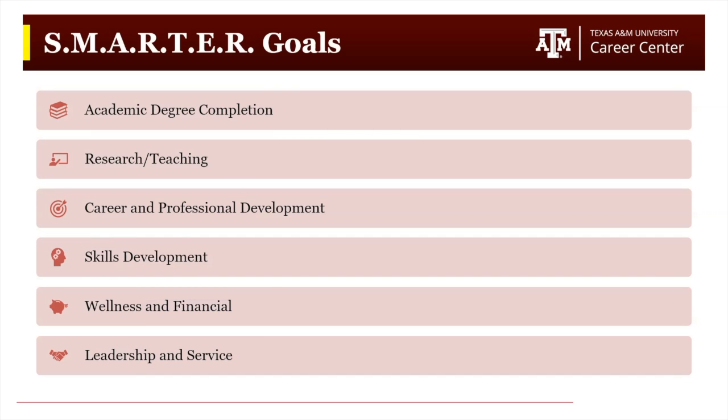When setting your goals, think about several needs such as academic degree completion, research or teaching, career and professional development, skills development, wellness and financial, and also leadership and service. Different people might have different needs to consider in terms of setting their goals.